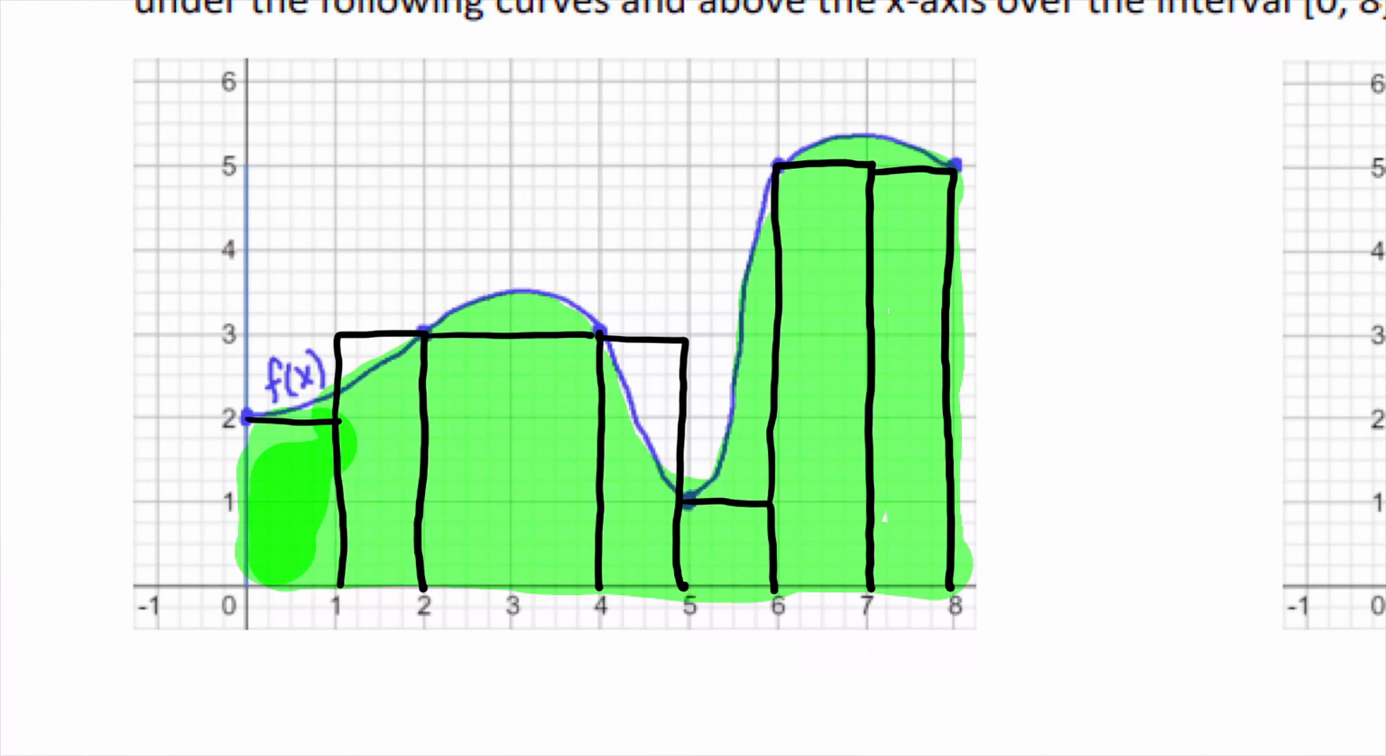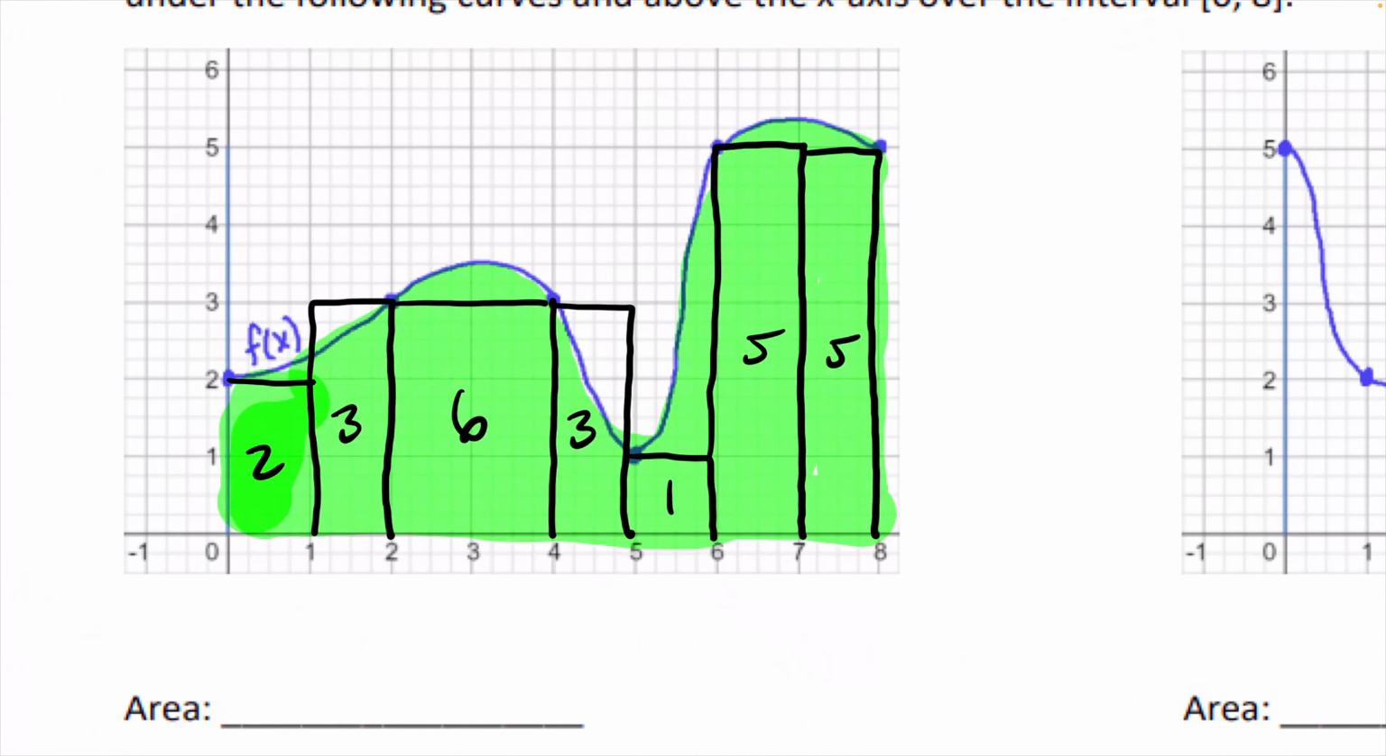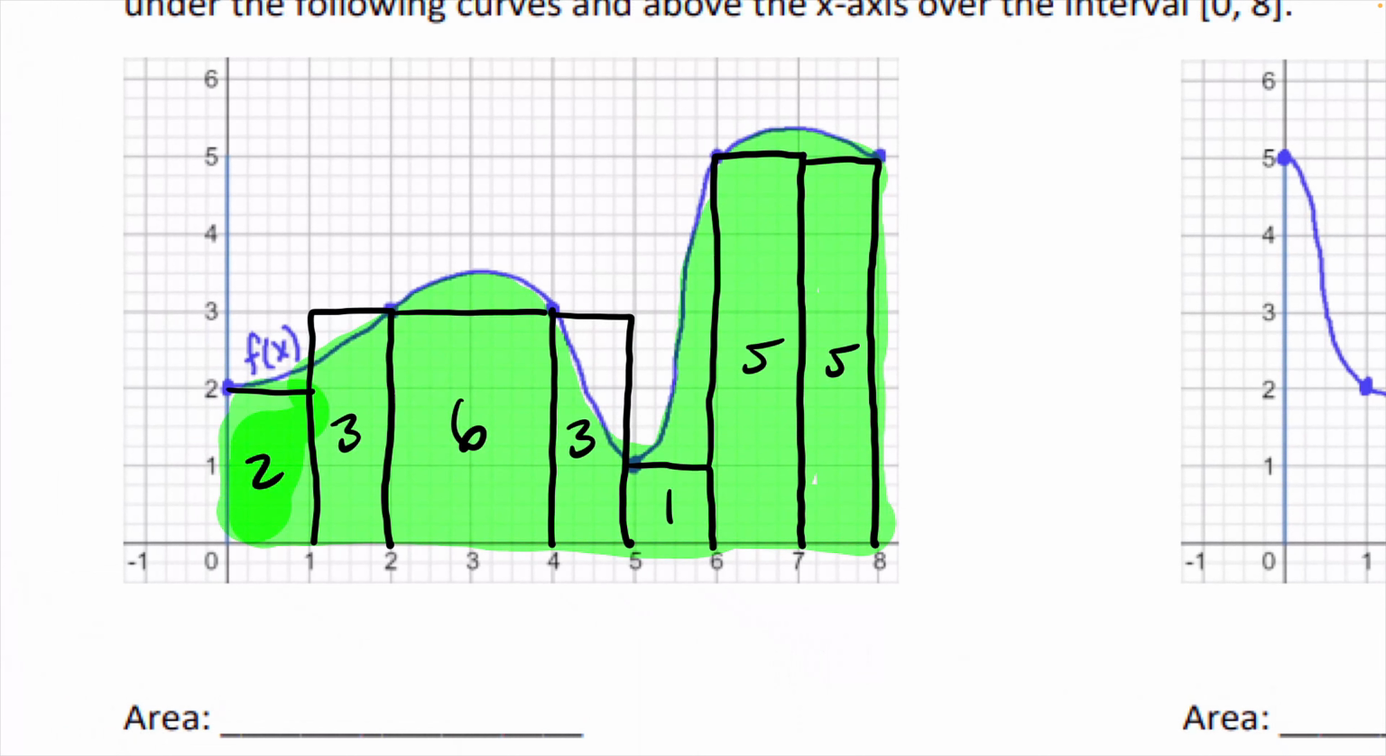And you can see it's an approximation because when I find the area of these rectangles, my first rectangle is a 1 by 2. My second rectangle is a 1 by 3. Then my next one's a 2 by 3. My next one's a 1 by 3. My next one's a 1 by 1. And then my last two are 1 by 5s. If I use this method, it's an approximation because